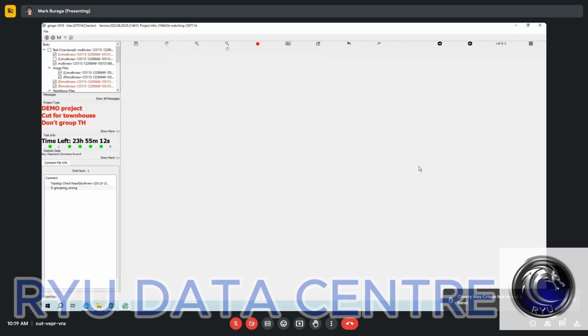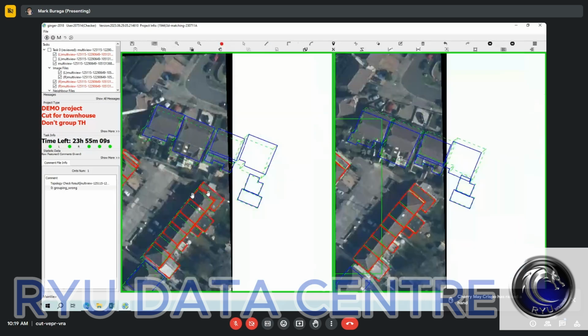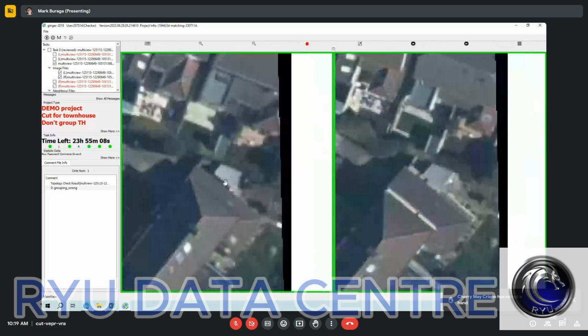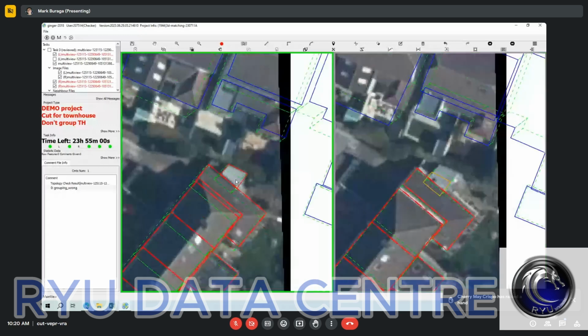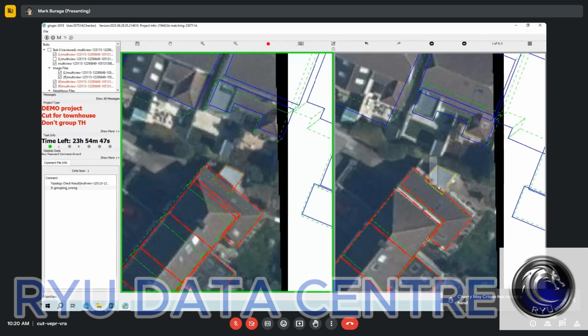I think I missed something. Yeah, I missed one, this portion. So use H. Guys, make sure you capture every aspect of the house because this is a demo project. You want to make sure that we get everything almost correctly. There, it's good. So this is still part of this house.